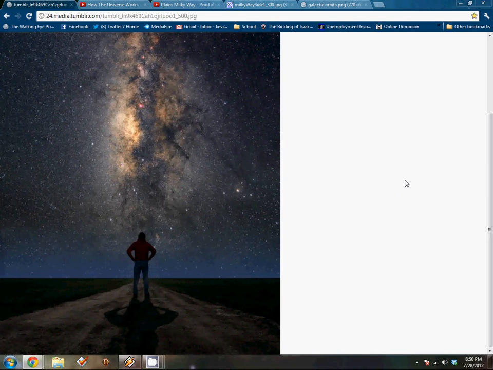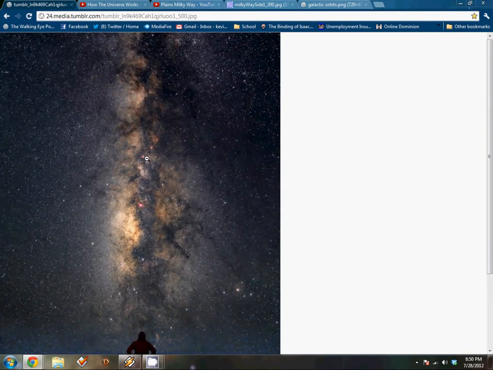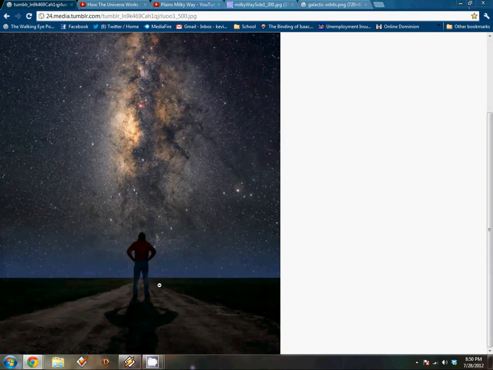Here's a picture of Carl Sagan looking at the spiral arm of our galaxy in the night sky. This is actually a kind of rare picture because the spiral arm is directly perpendicular to the horizon. Normally this is not the case. Normally, depending on which part of the hemisphere you're on and what time of year it is, the angle is quite a bit different and it's not so directly perpendicular.